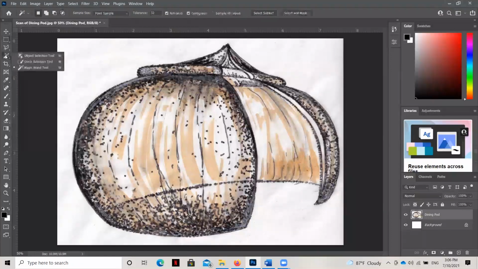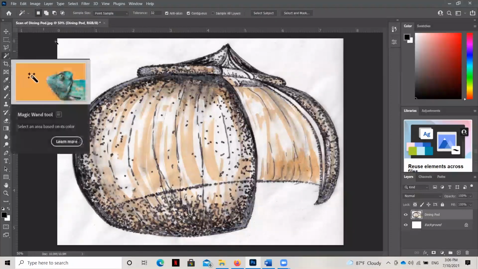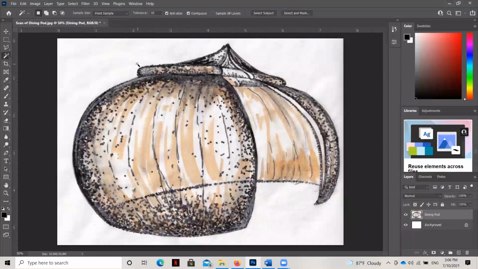Now, the magic wand tool works by distinguishing the differences in the pixels. And you can see here, this tolerance is set to a default of 32, and usually that works just fine for us. But what this is actually indicating is it's going to separate any colors that are more than 32 units of contrast away from each other. So just take a look and see what happens.